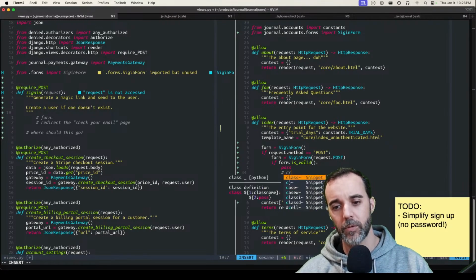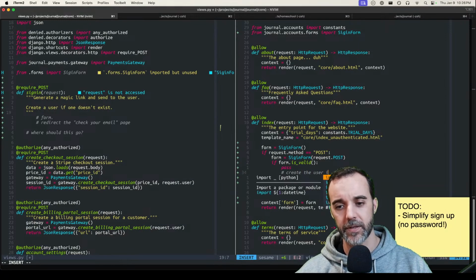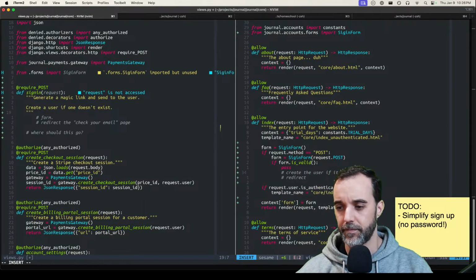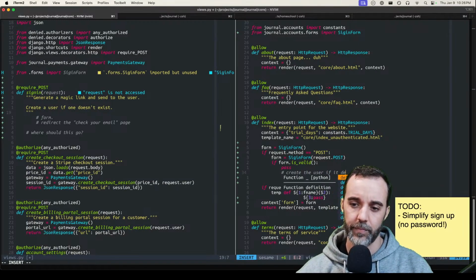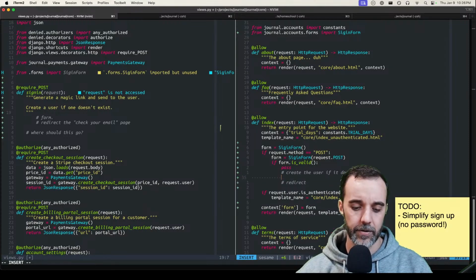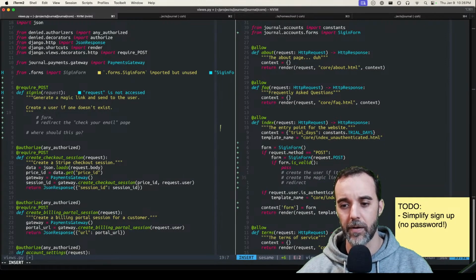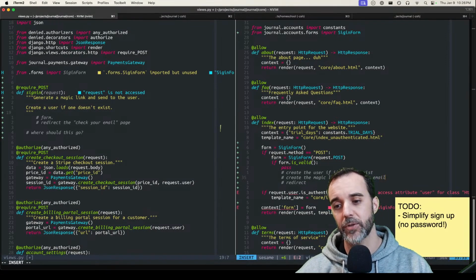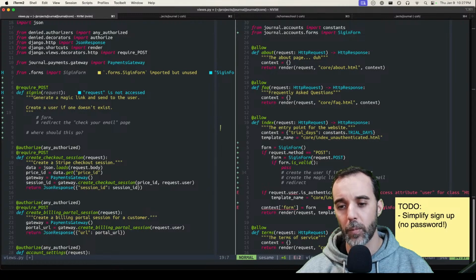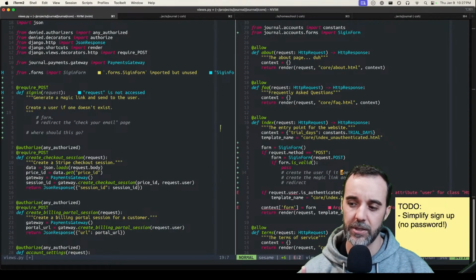This is going to be the thing that will create the user if it doesn't exist, and also create the magic link and send the email. Actually, no. That is not what we want to do. So I think what we want to do, the part that's going to be cheap and easy to do is,